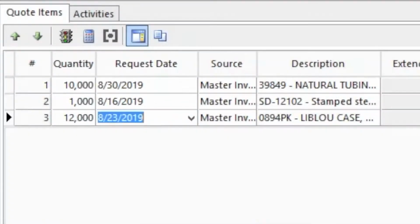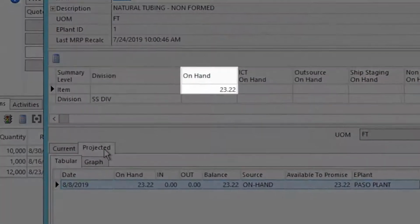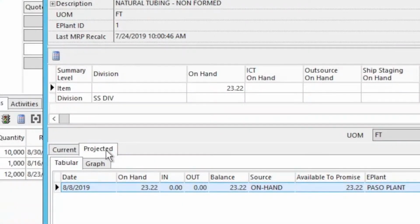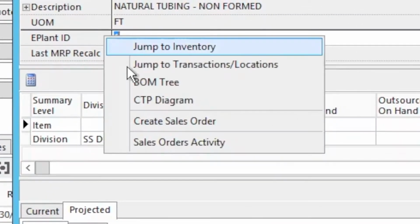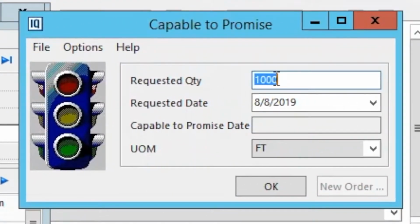In order to first see if the manufacturer already has the necessary inventory to fulfill this order, they will open the inventory availability screen and check the on-hand amount. If the on-hand quantity of raw inventory in the system is insufficient to build the customer's order, Capable to Promise can be selected in order to determine the feasibility of producing the items and shipping them to the customer prior